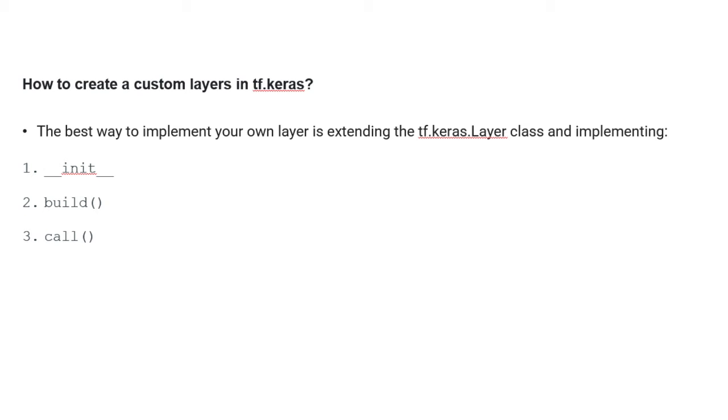This build method is basically used for creating the layer variables, identifying the weights and bias, and we'll learn much more detail when we go forward by creating a dense class. And the next one is the call. This call method is basically used for the computation, where we compute input into weight plus bias. So these are the three common methods that we need for creating custom layers.